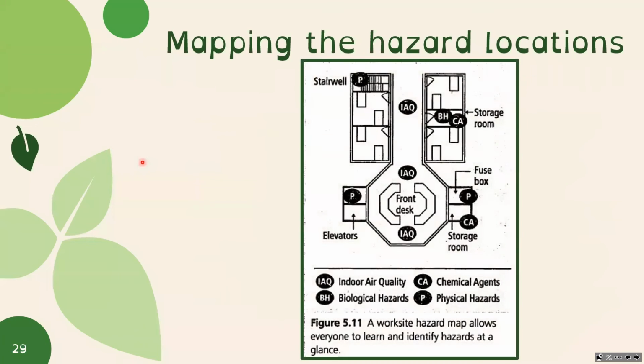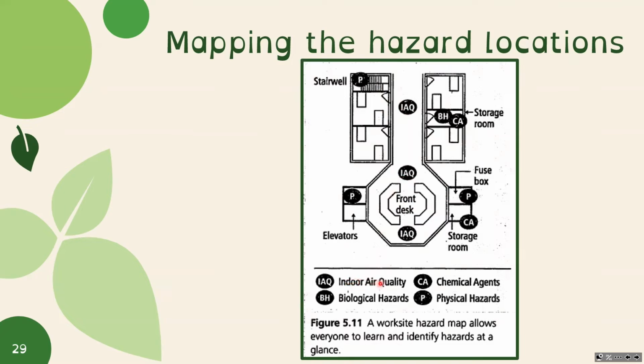So here is one example of a building as a hazard map. We can just look at it and say, okay, here is the front desk. There are elevators, a storage room, fuse box, more storage room, office rooms, stairwell. So we have